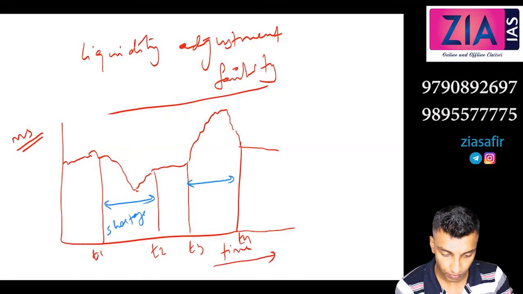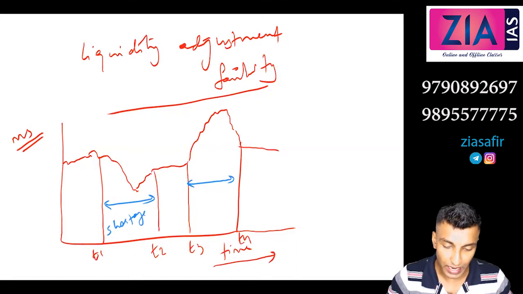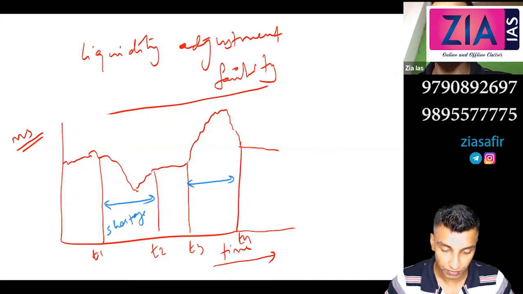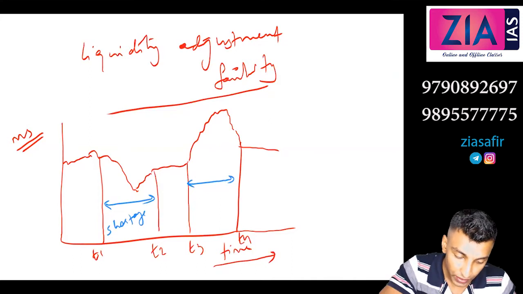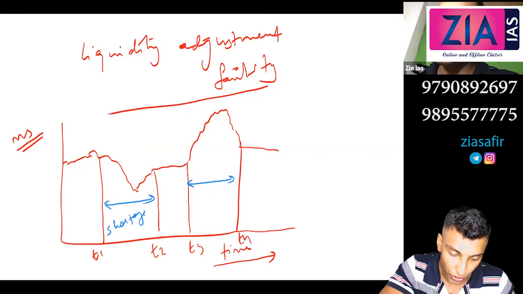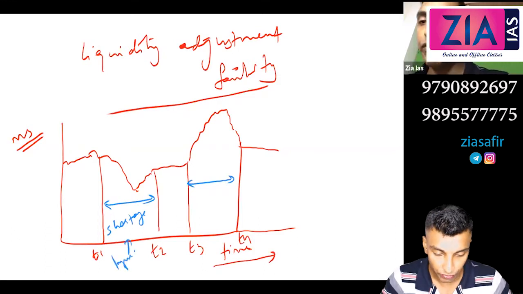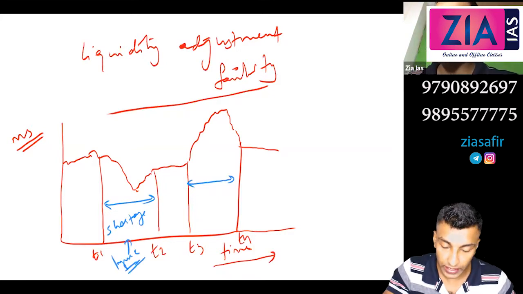Reduce the CRR, SLR. Don't talk technically. If shortage is there, what does RBI need to do? They have to increase the money supply. In shortage, RBI has to infuse money, right? So RBI has to infuse money. Yes. So here T3, T4,